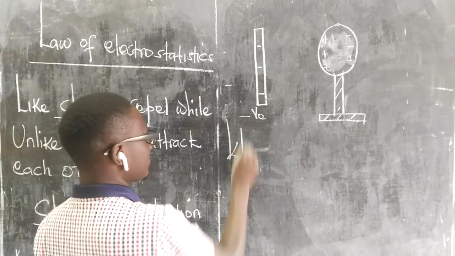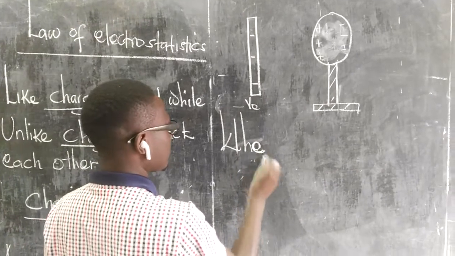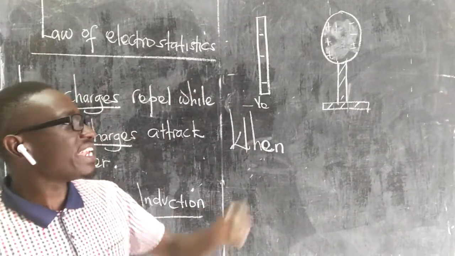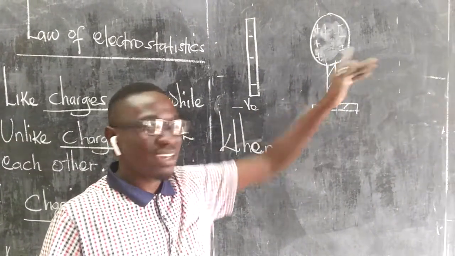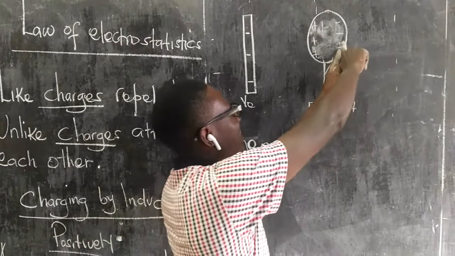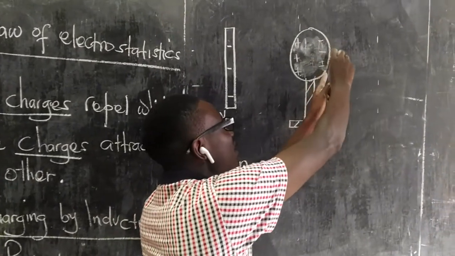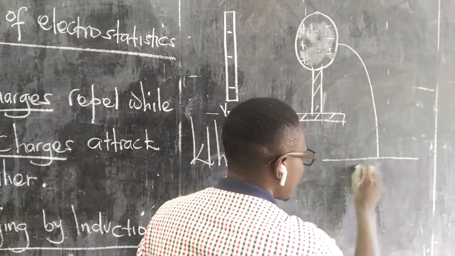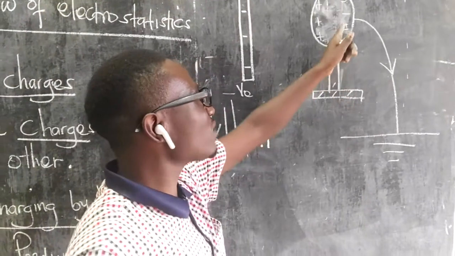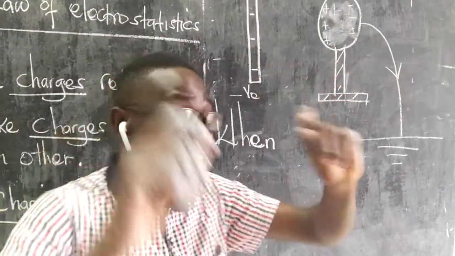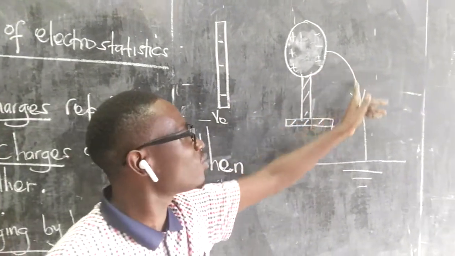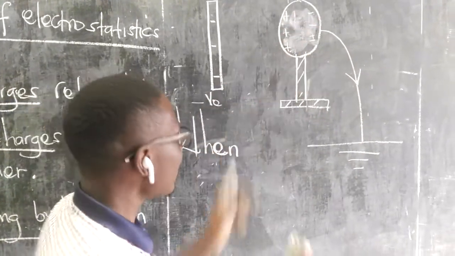So what we do, we earth. How do we earth? We earth by touching. Okay? So when you touch, these electrons will flow to the ground. These electrons will flow to the ground. And now once electrons flow to the ground, remember you do all those things when the negatively charged rod is in position. So once electrons flow to the ground, you remain with